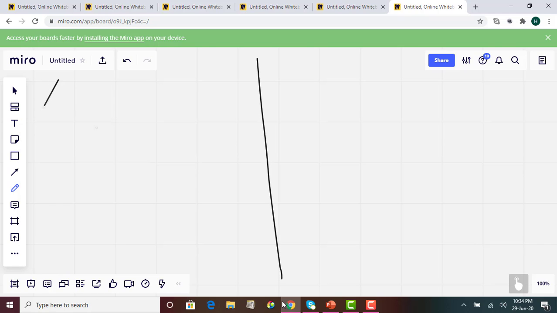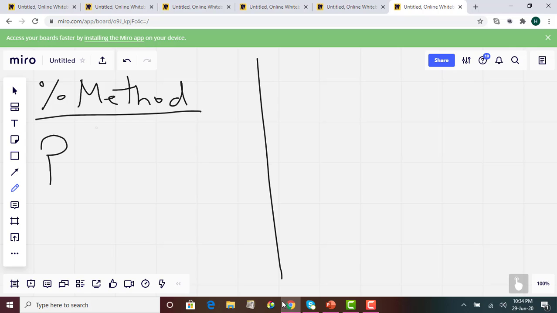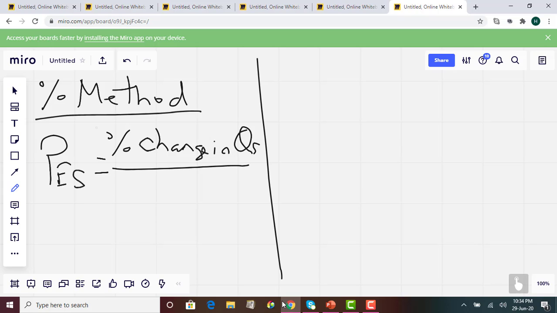So first is the percentage method, and under this the formula is given by PES, the price elasticity of supply, which is given by percentage change in quantity supplied divided by percentage change in price. So that's very easy. And then we have the midpoint method, which is very similar